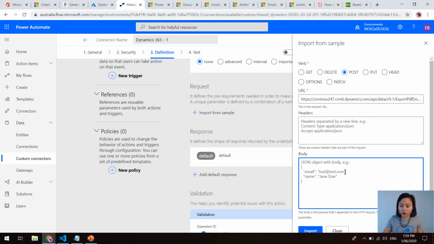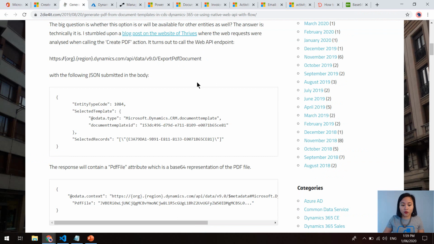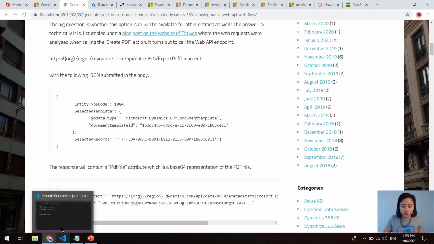And then in terms of the JSON body, if we take a look at the JSON that is available in Stefan's blog post, it's got an entity type code reference. So this will be a reference to the actual record. And then we also have the selected template, so it's binding it to a particular document template ID, and it's saying generate against this particular record. So if I go back to my Visual Studio Code,